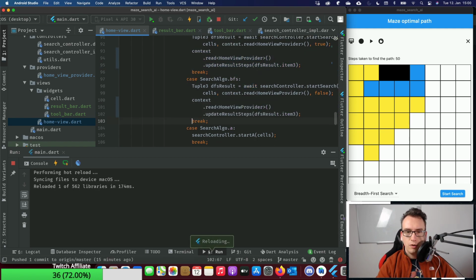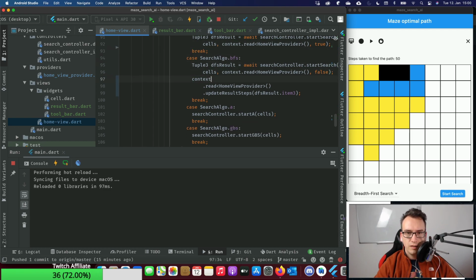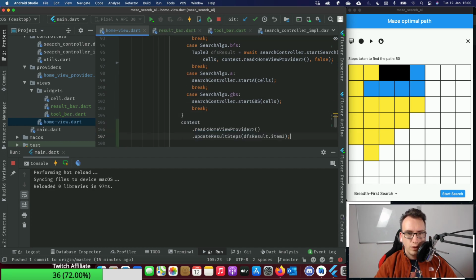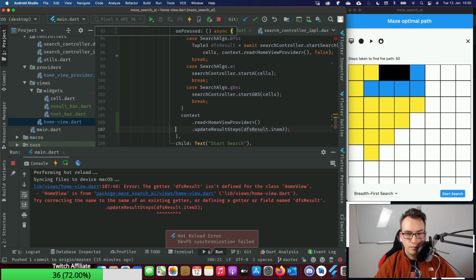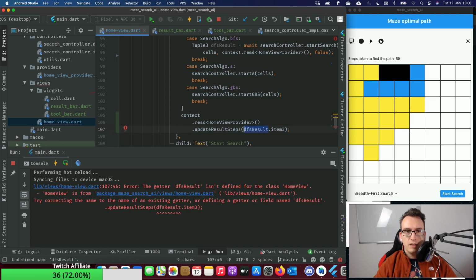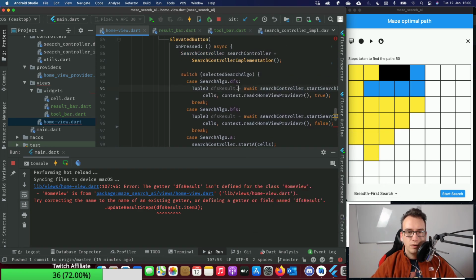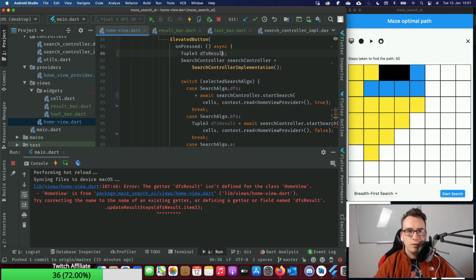Don't need that anymore. And I think we can also make that easier by removing this. And this guy comes underneath of everything. So we break here. This is our switch, so it would be here somewhere. And this is not only the DFS result, we receive a result. And because we know that it is always a tuple 3 at the moment, we can create that here, which is the result.